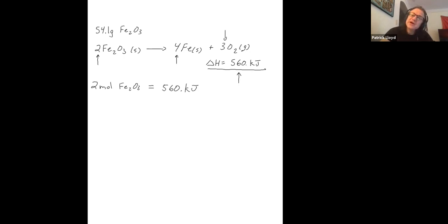So see how I made a conversion factor here. I made an equality there, right? So just like we would do with the moles of reactants and moles of products, we do the same thing with this delta H. That's the interpretation of the thermochemical equation. When 2 moles of Fe2O3 react, not only will we get 4 moles of Fe and 3 moles of O2, we will also have a certain amount of energy absorbed, and that is 560 kilojoules of energy in the form of enthalpy. Okay, so now that allows us to do a conversion factor. The question is, how much heat is absorbed